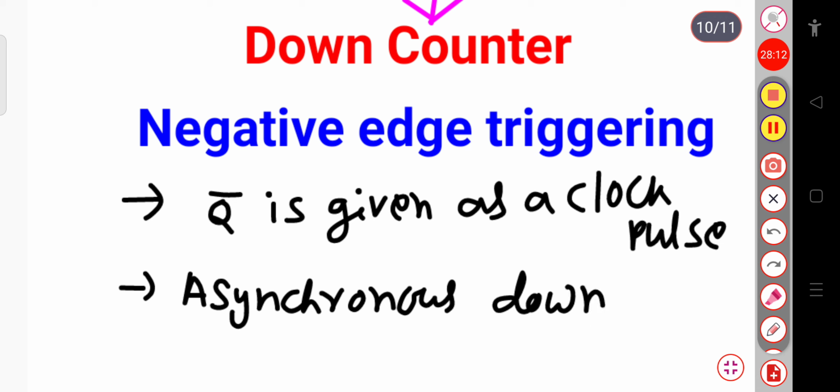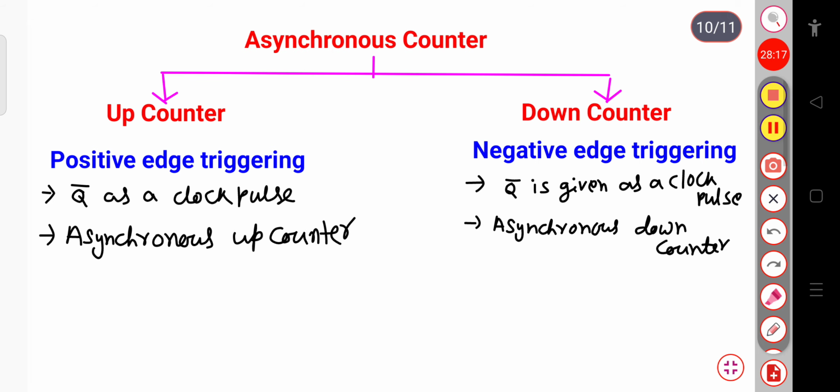Okay. You have to remember these things. If Q bar clock pulse is given to positive based triggering, then this is asynchronous up counter. If Q bar is given as a clock pulse for negative based triggering, this is down counter. And similarly, if Q is given as a clock pulse, then for positive based triggering this will be asynchronous down counter. Similarly, in case of negative based triggering, if Q is given as a clock pulse, then this will be